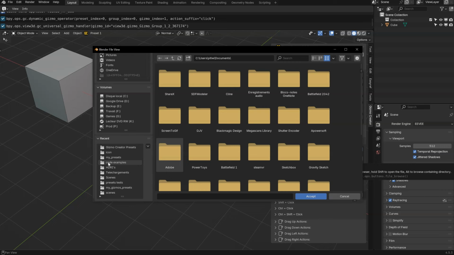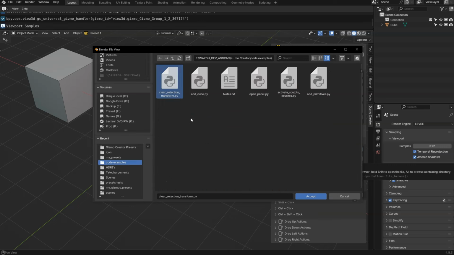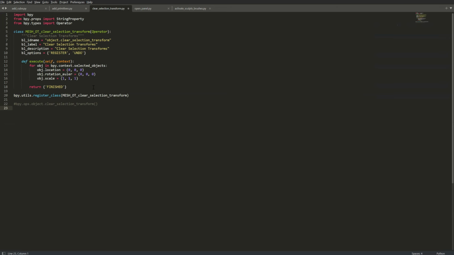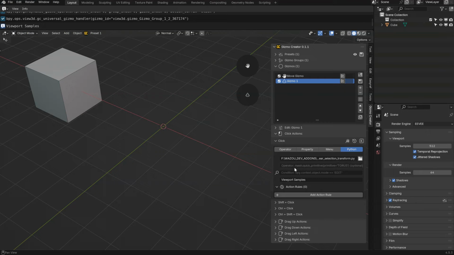So I need to go where my example code is, this one. Okay. And I need to open the file to have the value here, for the operator. Okay, so this is this file, and in the file, this one is the add-on folder code examples. And I will just copy this because this is the operator to launch it within the add-on. So let's come here. I will set it here, bam, and I can change this to clear transforms, like